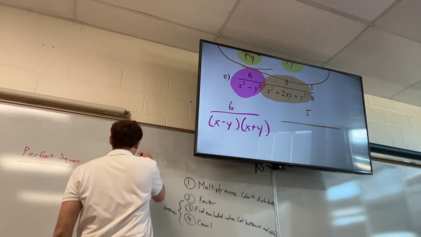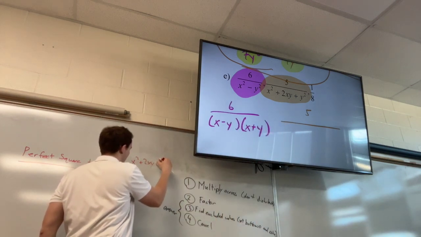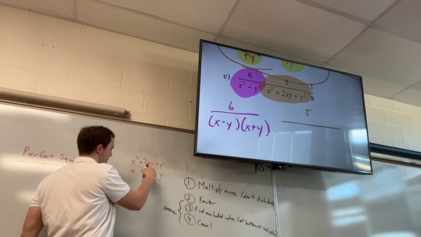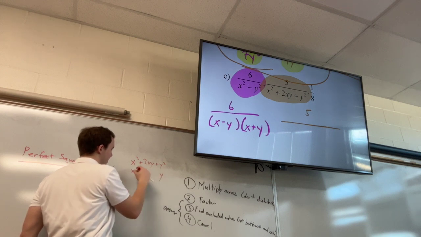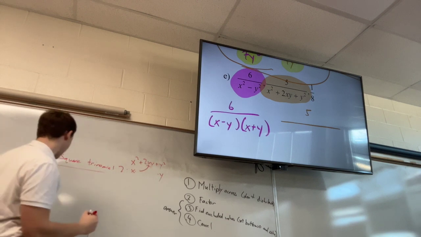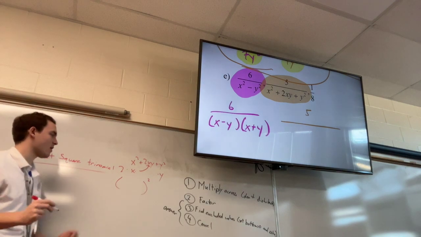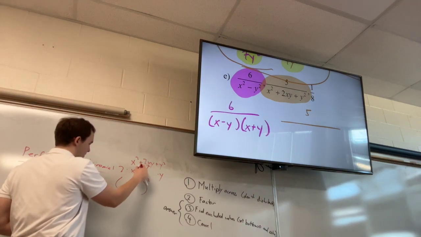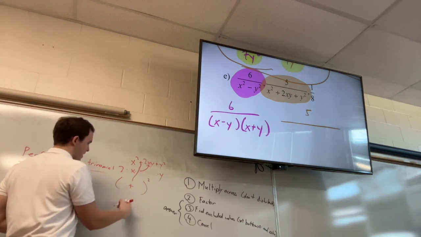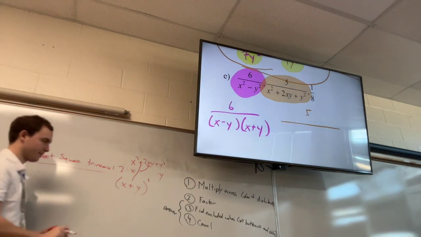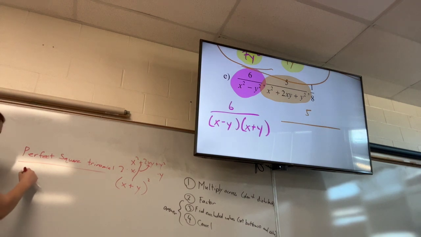So we have x squared plus 2xy plus y squared. Write down the square root of the first term. Write down the square root of the last term. If the middle term is these two multiplied together times 2, then to factor it, you just write one parenthesis with a square. You copy down the first sign, and then it's just x plus y, the two square roots just copied in there. Okay? So in general, a squared,